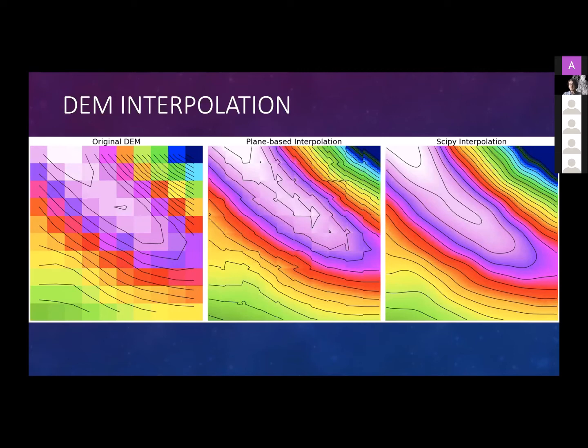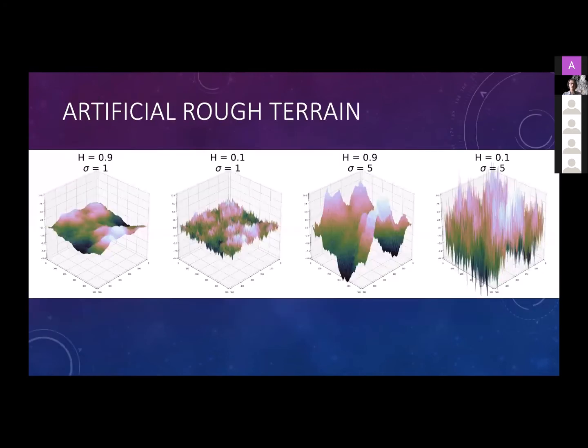Now, this interpolated higher resolution terrain is still unrealistically smooth. It has no roughness at all. It's very much unlike how the lunar surface actually is. So on top of this interpolated terrain, we need to add this artificial rough terrain,